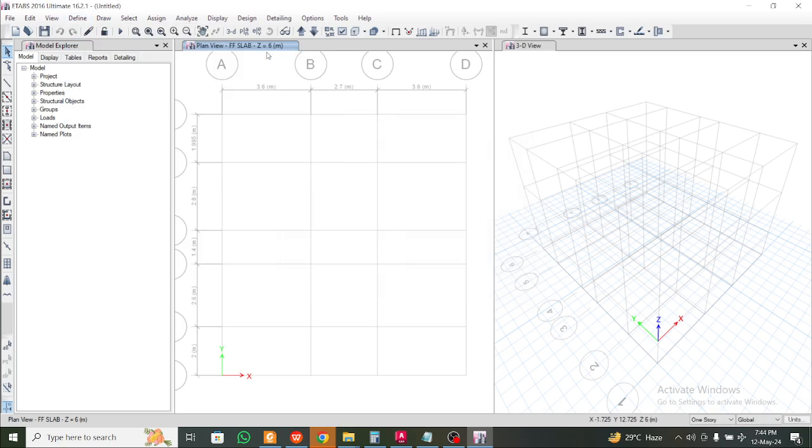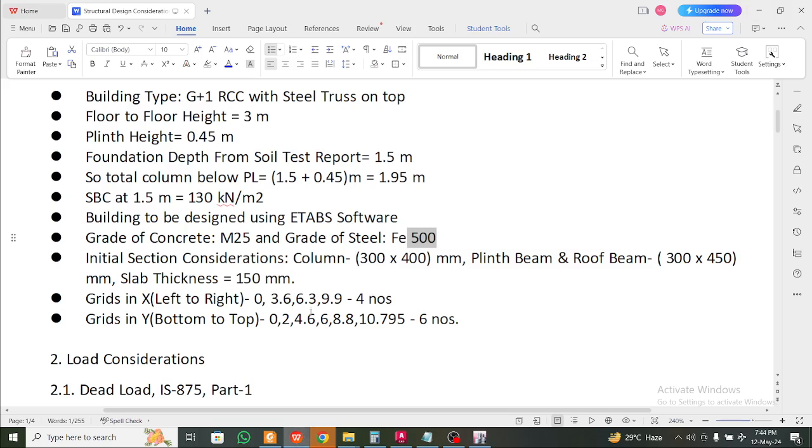Now we're going to add the section properties. Section properties we're going to add as per the assumption which we have made. The column size will be 300 into 400, and the plinth beam and roof beam will be 300 into 450. One can argue that we can make the plinth beam and roof beam different, but